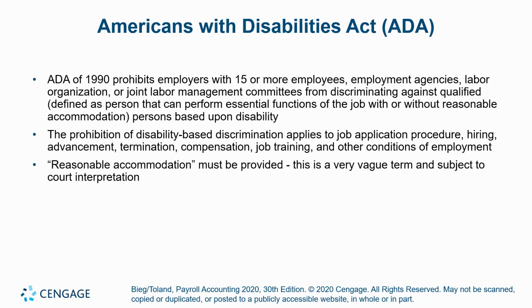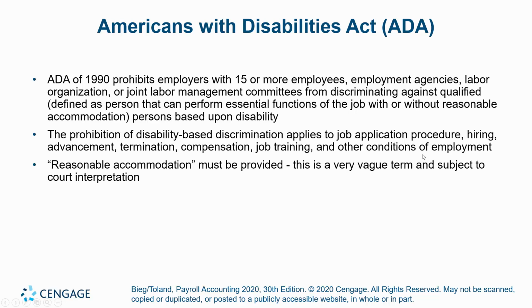So basically it says three things. Let's go through that first. And again, right here, first line, only employers with 15 or more employees. So it doesn't apply to everybody. Okay? You cannot discriminate against a qualified person based upon his or her disability. Okay, so somebody that's adequately educated and capable of performing a job. But right here is where the language gets a little crazy. With or without reasonable accommodation. And we're going to talk about that in a second.